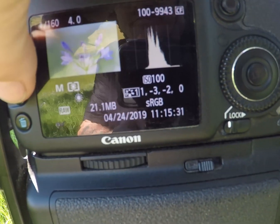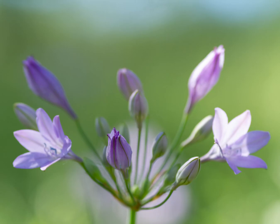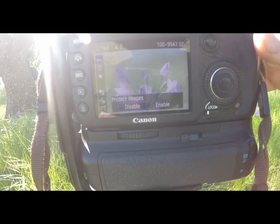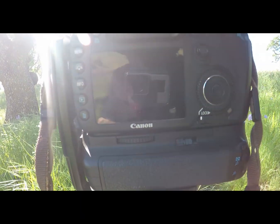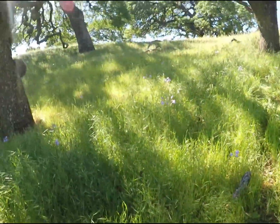Okay, image 9943. I'm going to bring that up on screen now, and I'm going to zoom in. Image 9943. Much sharper. Now I want to show you another thing. Some other things to consider